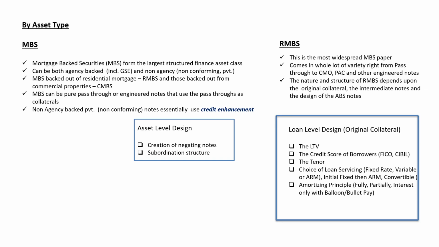Now, let's further deep dive into the security level. So the mortgage-backed security, how the credit enhancement is being achieved. So it is achieved a couple of ways. One is at the asset level design itself. So if we talk about the CMO, I had explained in my previous video, if you have seen that video, that in CMO, really speaking, it is not a true subordination unless these junior tranches are so designed as to absorb any